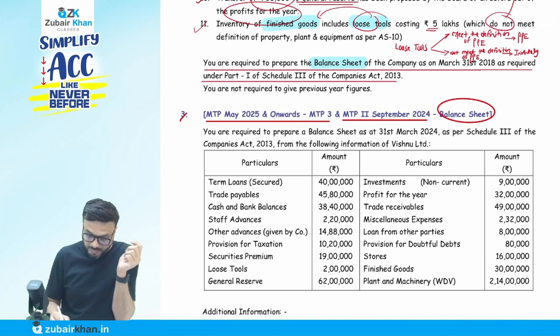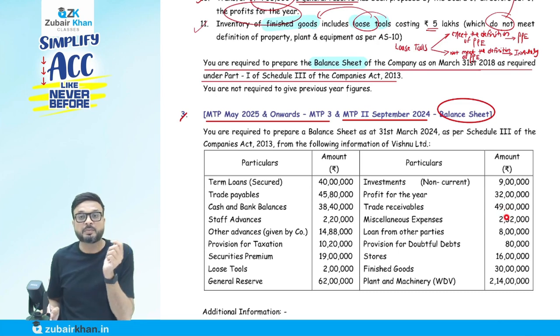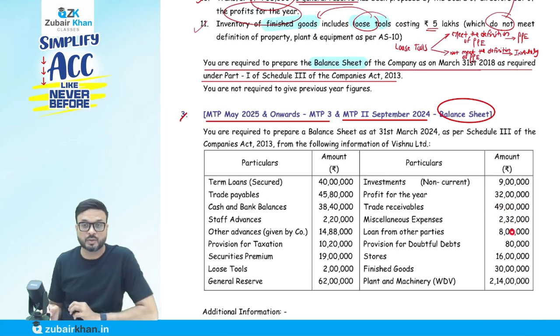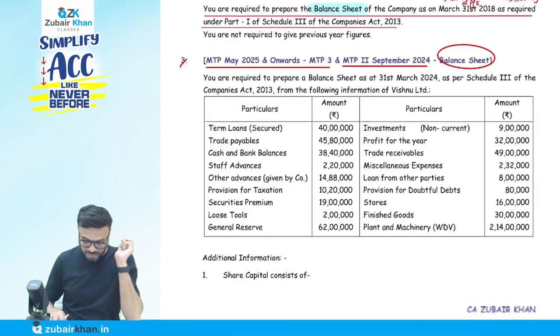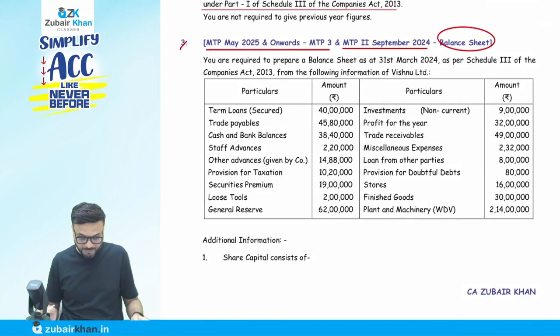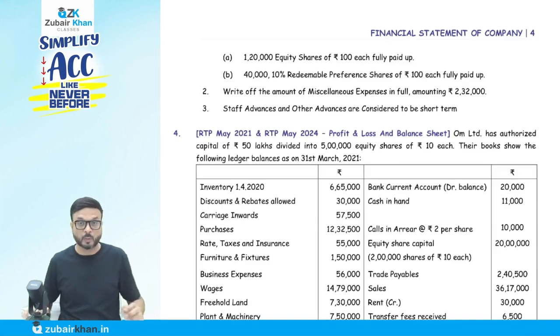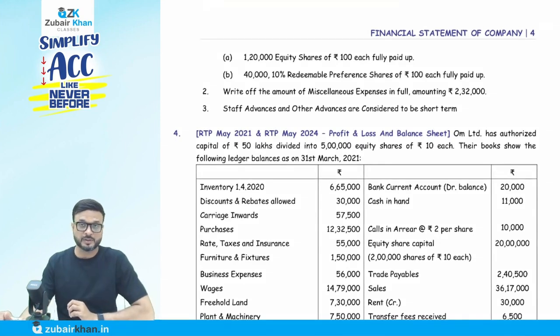the year 32 lakh. Then we have trade receivable 49 lakh, miscellaneous expenses 2 lakh 32,000, loan from other parties 8 lakh, provision for doubtful debt 80,000, stores 16 lakh, now finished goods 30 lakh, and plant and machinery WDV 2 crore 14 lakhs. Now additional information, share capital consists of 1,20,000 equity shares of rupees 100 each fully paid